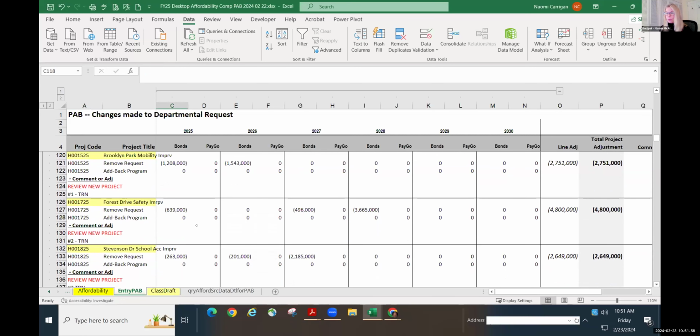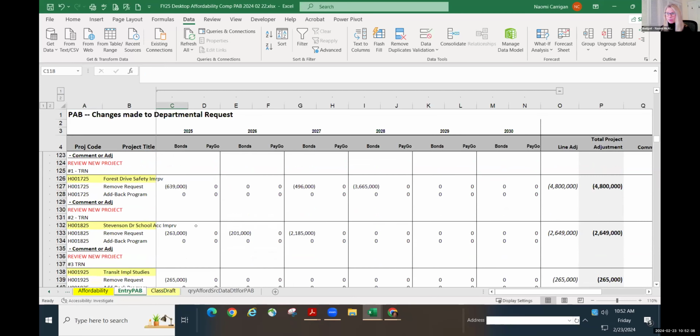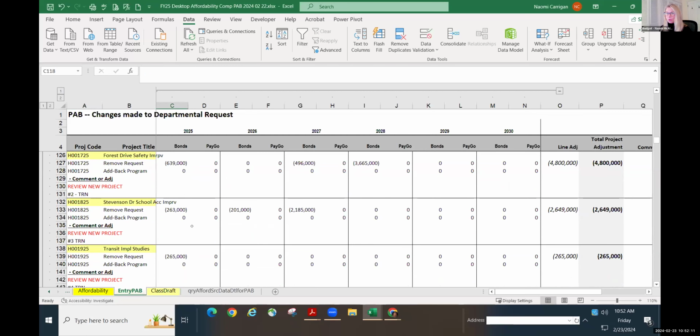Moving down, the Forest Drive safety improvements, looking for $4.8 million. This was transportation's number 2 priority. I think there was a study associated with this one also. And then we have Stevenson School Drive for about $2.6 million. This was transportation's number 3. And I believe this is improvements associated with,